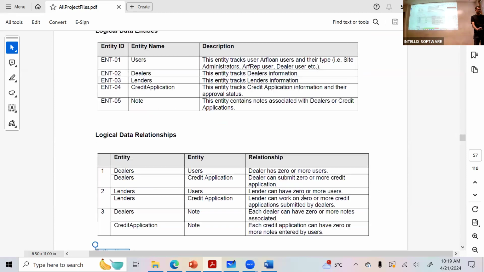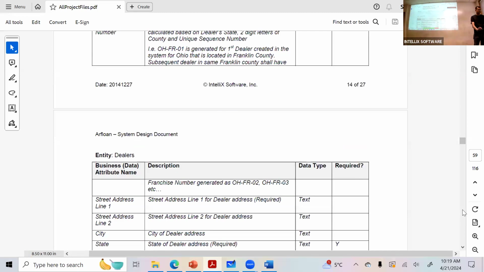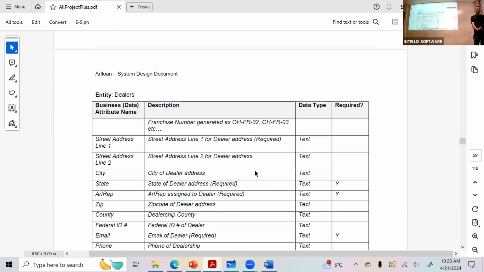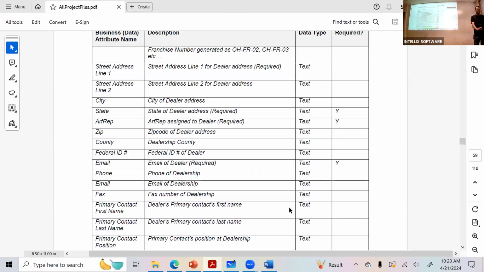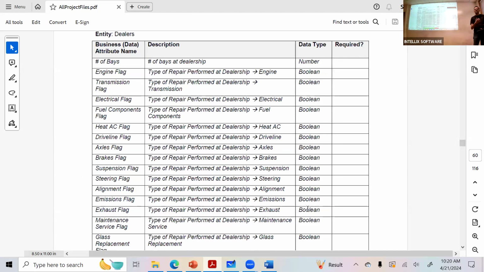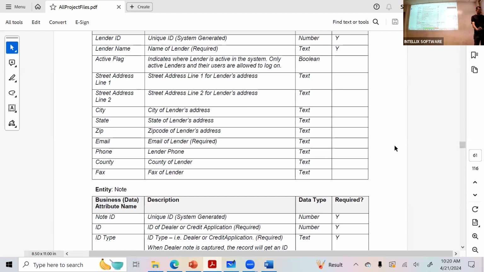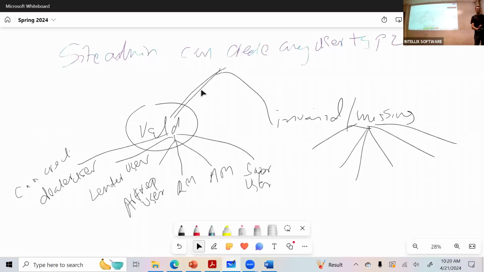Okay, so they have a list of all what is required for users, same thing with the dealers. If you want to create a dealer, what is needed, what fields are required, and so forth. So that information is laid out in the design document. That's the reason we ask you to read the design document as well, so that you know what's there in the design. Okay. So when you say valid information, all the required fields you have to supply in order to create different types of user.